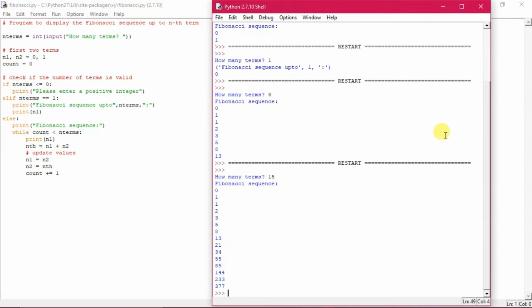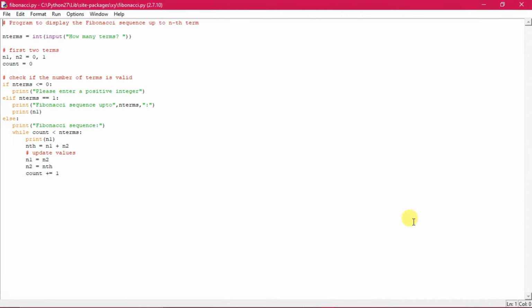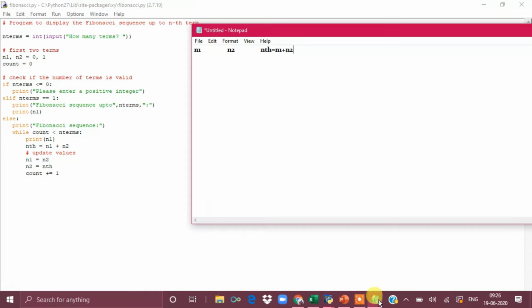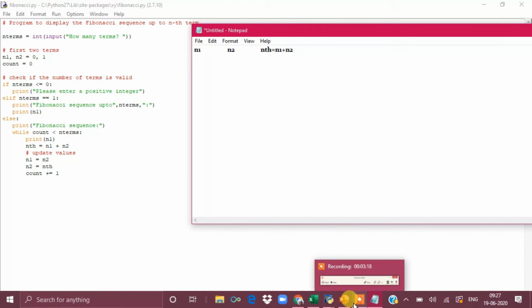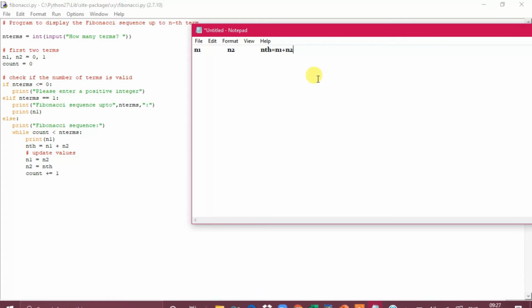All right, you see here how the 15 terms have been generated. 0 plus 1 is 1, 1 plus 1 is 2, 2 plus 1 is 3, 3 plus 5 is 8, 5 plus 8 is 13, 13 plus 21 is 34, then 55, and so on. When you add the previous two terms, you get the next term. That's what is actually happening in the Fibonacci series. Now you understand its logic, how it has been generated. So we will see how it is to be generated.